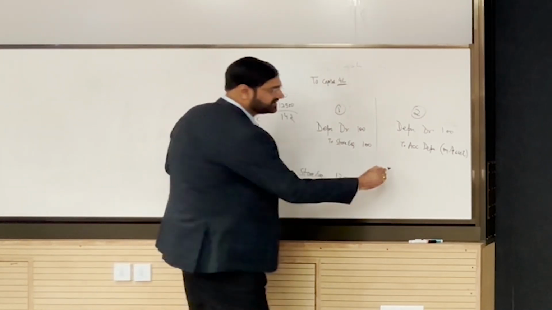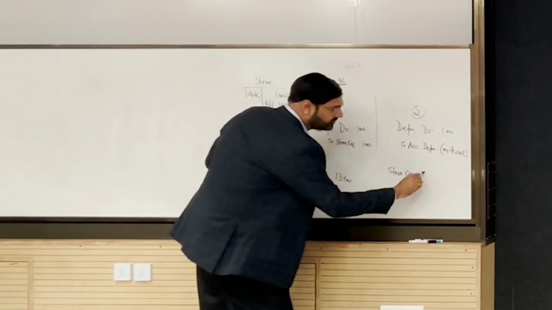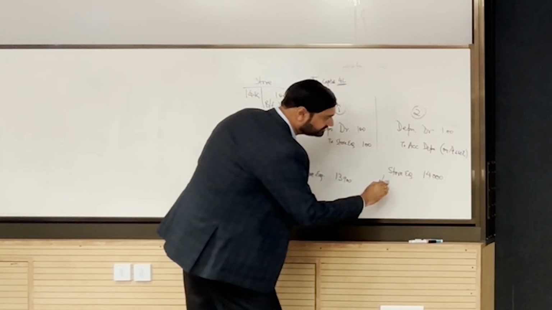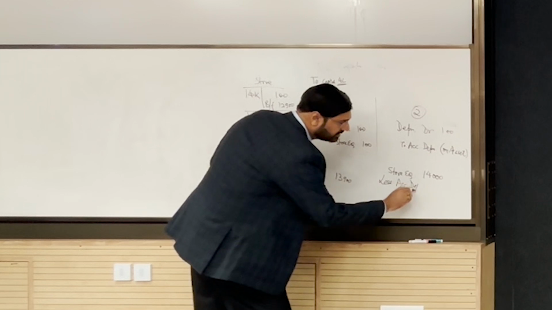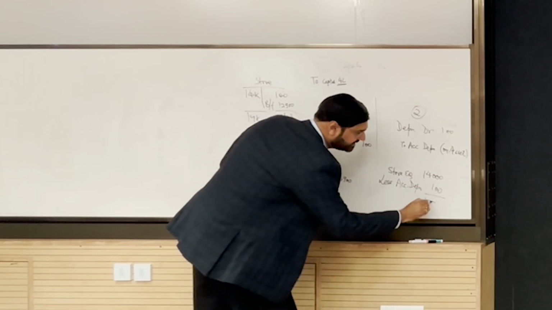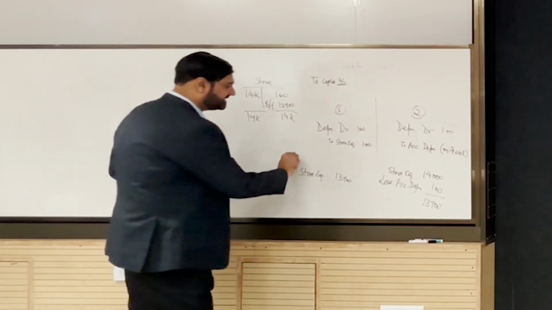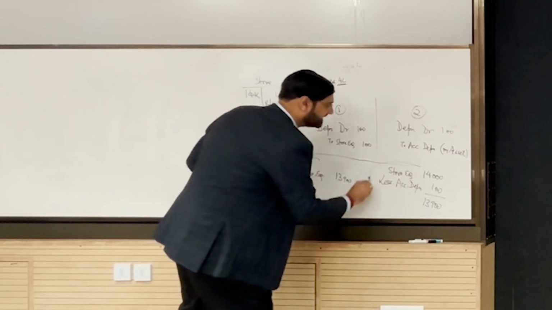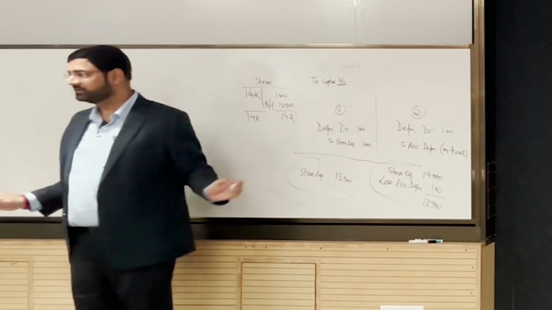So, we will say store equipment is 14,000, and then we will say less accumulated depreciation 100, balance 13,900. Do you see that this is the balance sheet in the first case and this is the balance sheet in the second case,